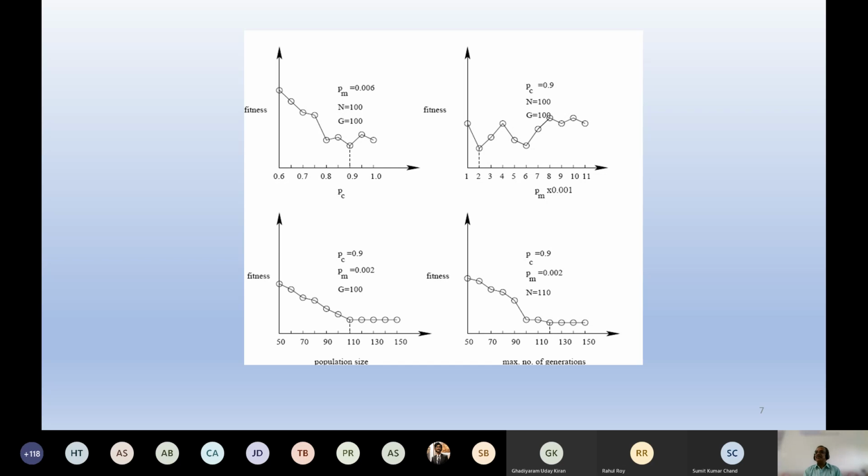So what is the total number of combinations? A huge number. 10 multiplied by 10 multiplied by 10 multiplied by 10, that is 10 raised to the power 4, which means 10,000. That means to decide the set of optimal GA parameters, you have to run the GA for the same problem 10,000 times. Then only you can find out what the set of optimal GA parameters should be. But that is not a very practical method.